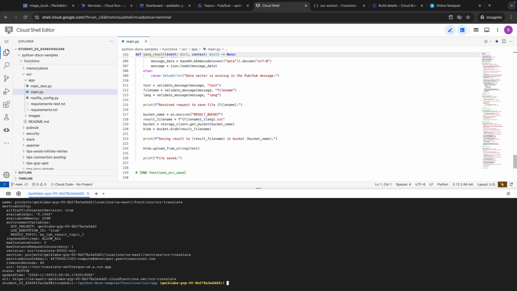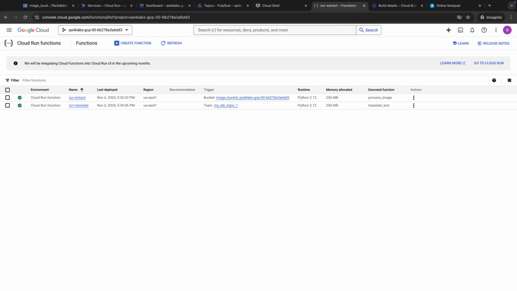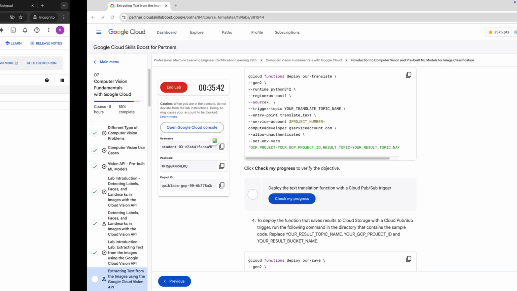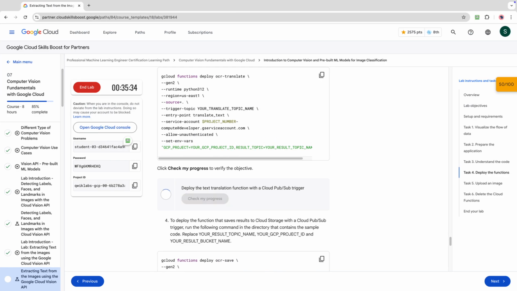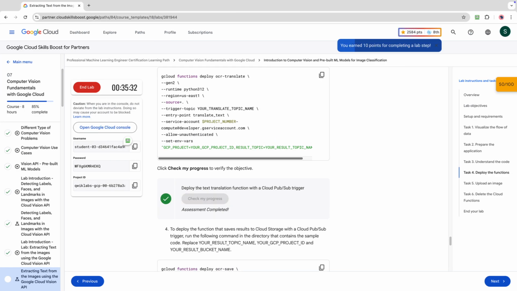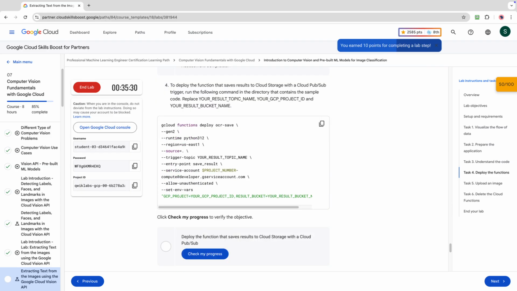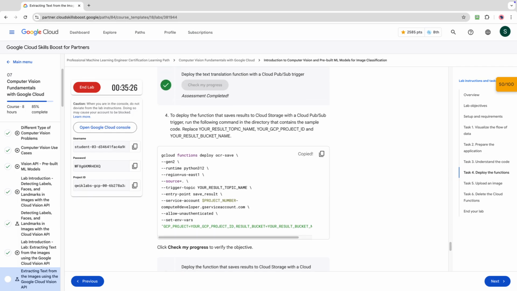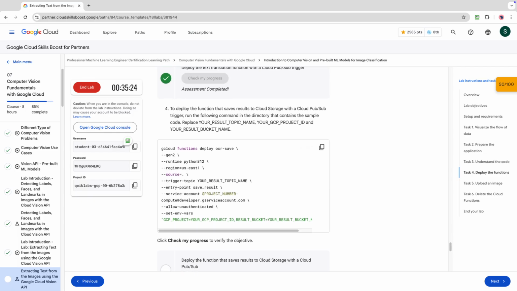Okay, this also looks good. Let's see the OCR extract. Now you can see the OCR translate also. We have deployed it. Now going back to our task, let's check the progress. It's also successful. So let me copy the OCR save, this one. Let me copy the code,